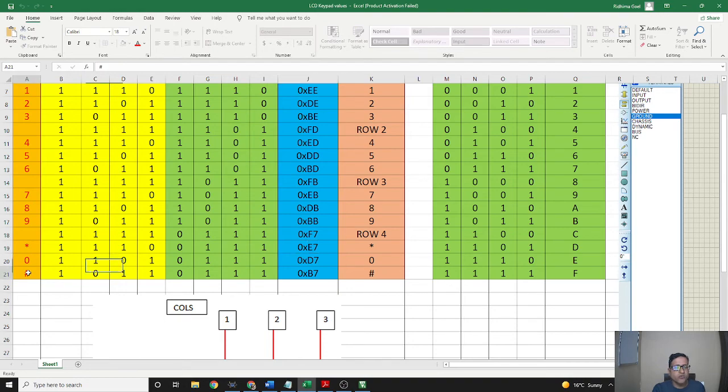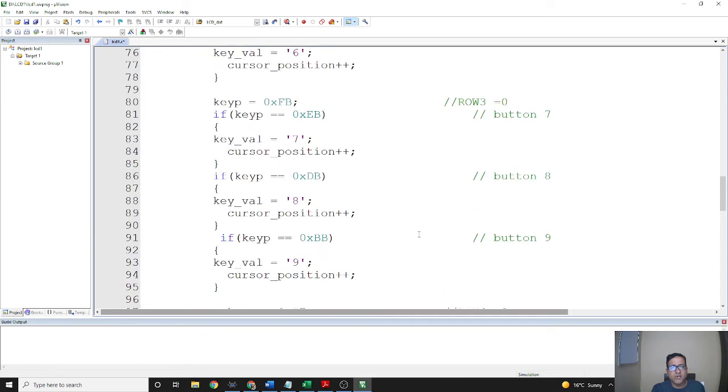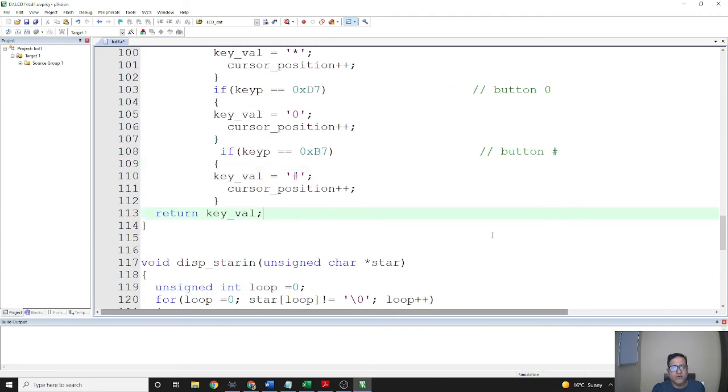Likewise, if we want to press the hash, it will be the third column and fourth row. So from this we can see that it is B7. Let's check in the code. It is B7. So in this way this coding is done. After that we can find the